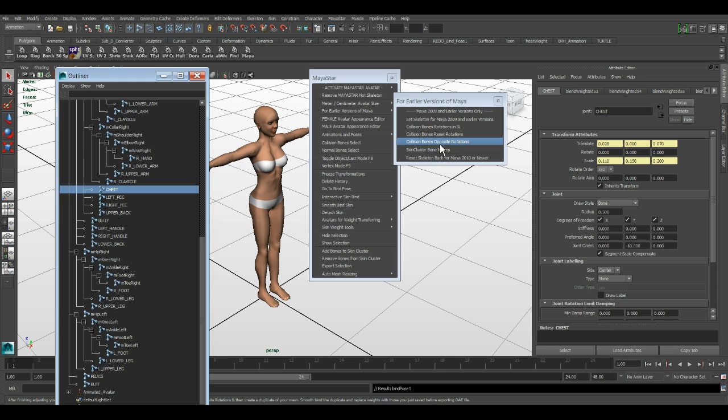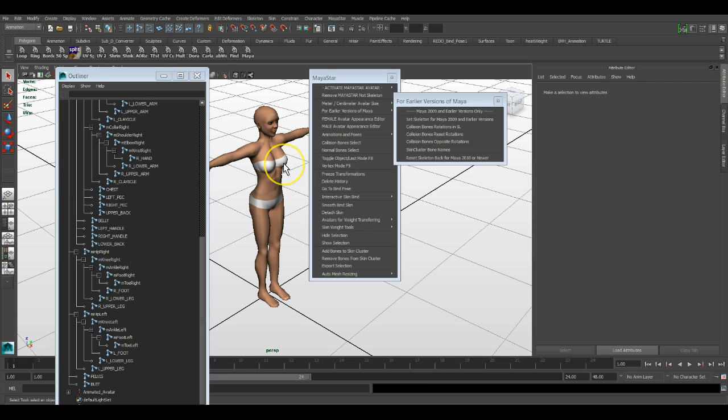The only thing that might be of interest in here, and of course this resets it back to the 2010 and newer skeleton, which is what the default is when you activate the male or female avatar. It gets the 2010 and newer skeleton automatically. So like I said, if you're using an older version of Maya, 2009 and older, do yourself a favor, get Open Collada and just use that. Then you don't have to worry about doing all these weird bone rotations and all that kind of stuff. The only thing in here that might be of interest